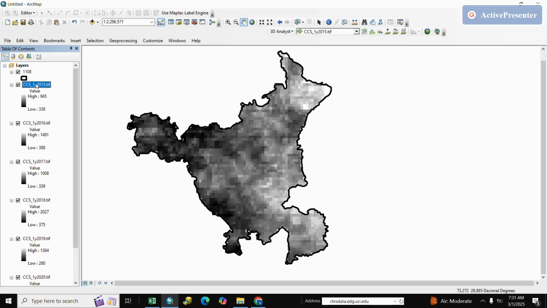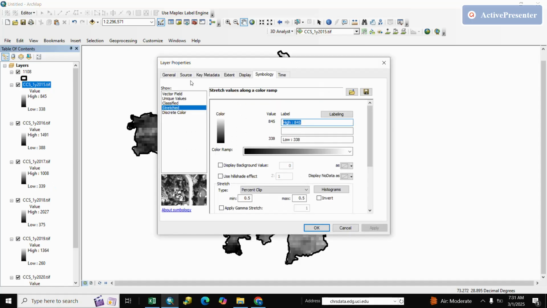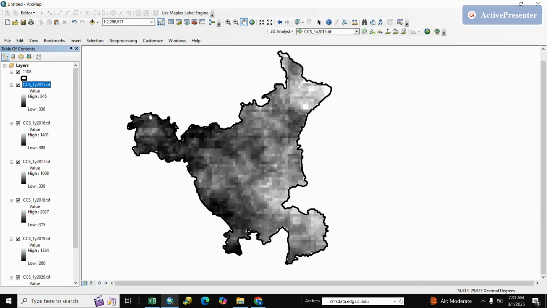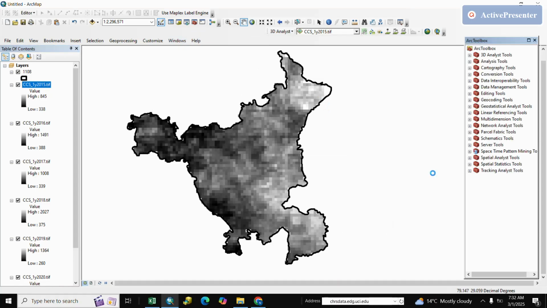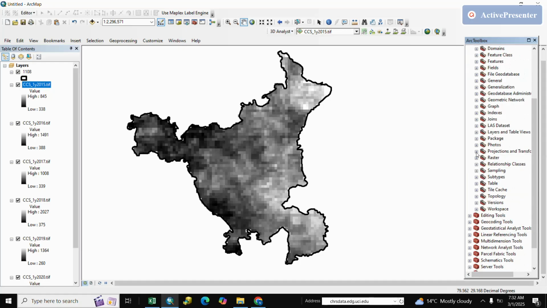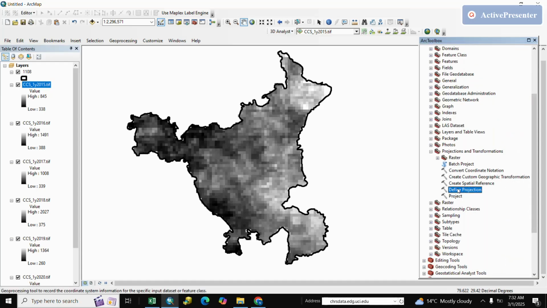We right click and go to properties and source. The XY coordinate system is unknown. So we give a projection. We go to ArcCatalog. We go to data management, projection and transformation and we go to define projection